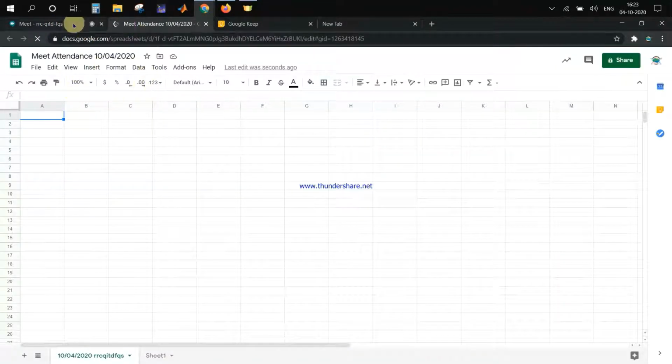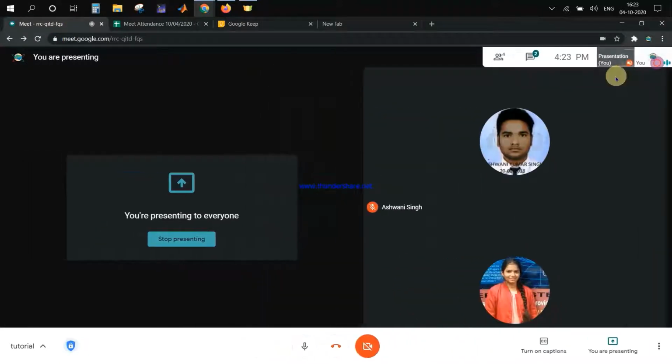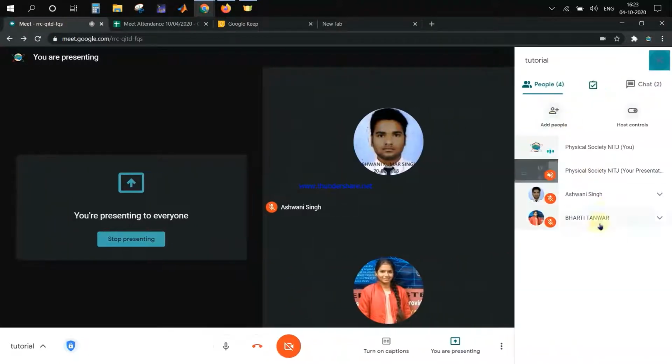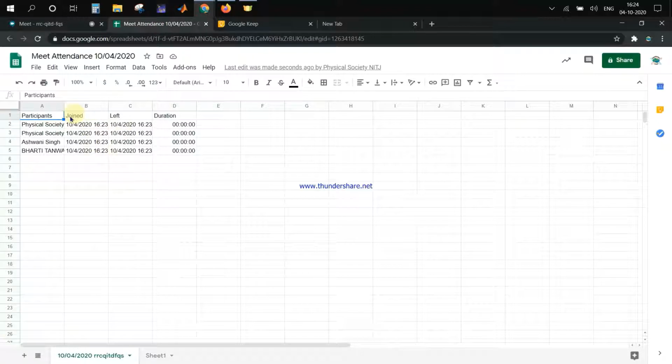So after some time it will take data that whoever has joined, it will automatically fetch the data, and you can see here I have not done anything, so it has already recorded that the participants Ashwani and Bharti Tanwar joined at this time, 4:23, and left at this time.